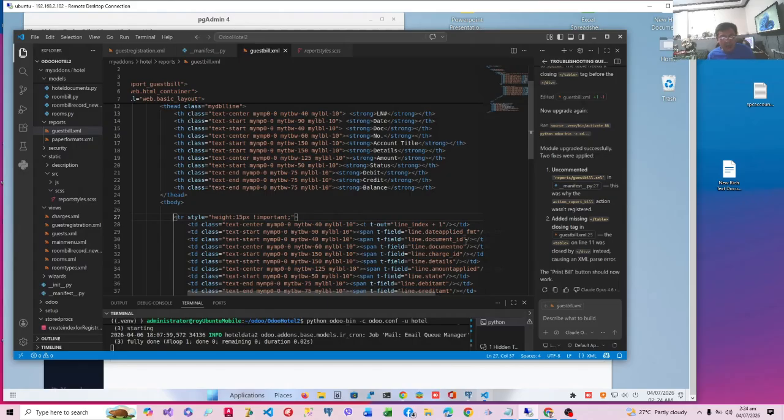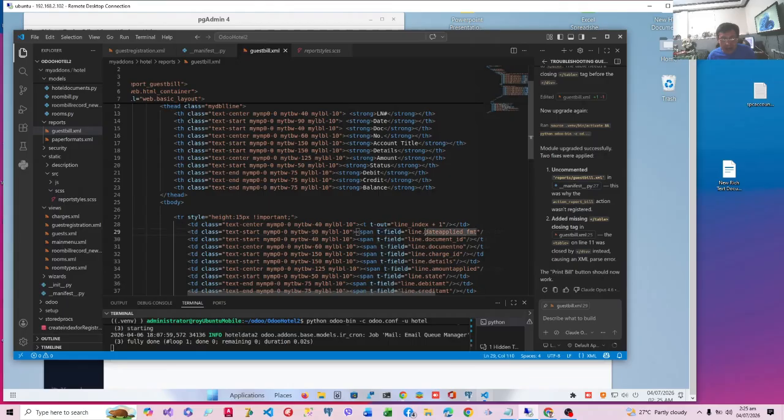And then in the second field, remember, I have introduced you to the t-field command of QWeb. This is like the field tag in our XML, but this time we are using the t-field tag, equals line.date_applied_fmt.